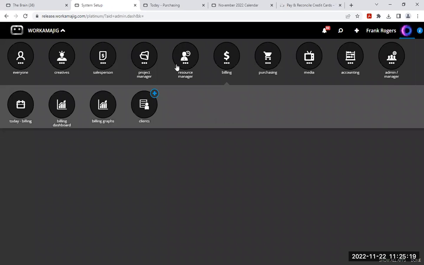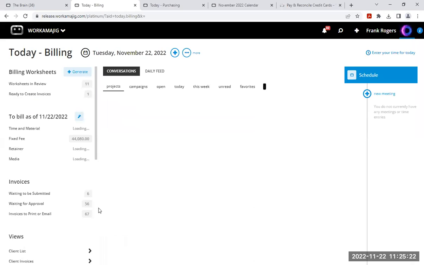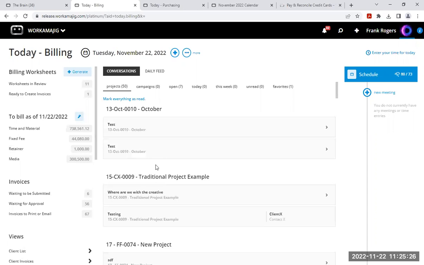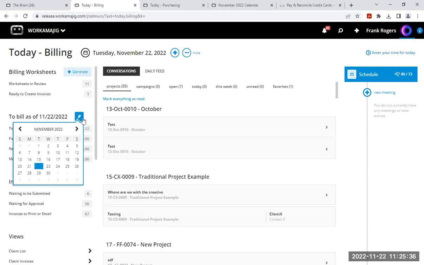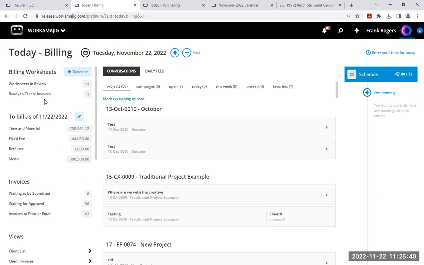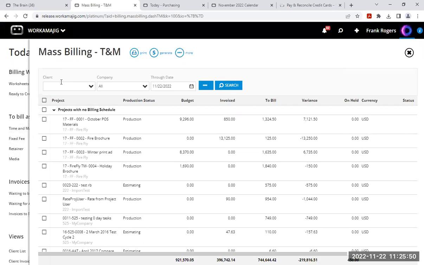Now, when we go back to our today billing page, we already knocked out our retainer billing, the nice easy one. And now we're going to bill time and materials and fixed fee. So I have the ability to use my mass billing tool. If I was wanting to close out October, I would change this and say I only want to see transactions through October 31st, but I'm going to leave it as today's date because that's where all my transactions are. So if I jump right into the mass billing tool and I put in my client record again,